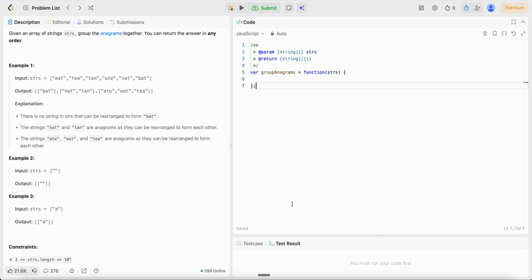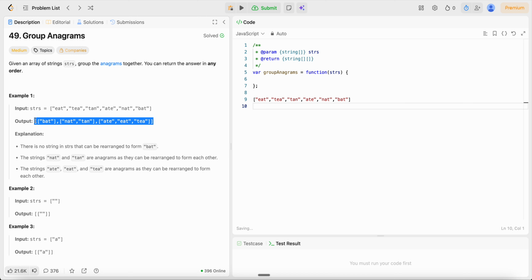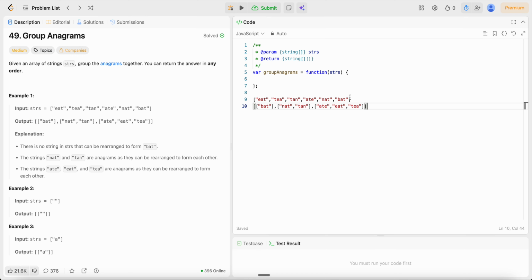Let's solve the problem Group Anagrams. Given an array of strings strs, group the anagrams together. You can return the answer in any order. So basically they have given us a list of strings and they are expecting all the anagrams to be of